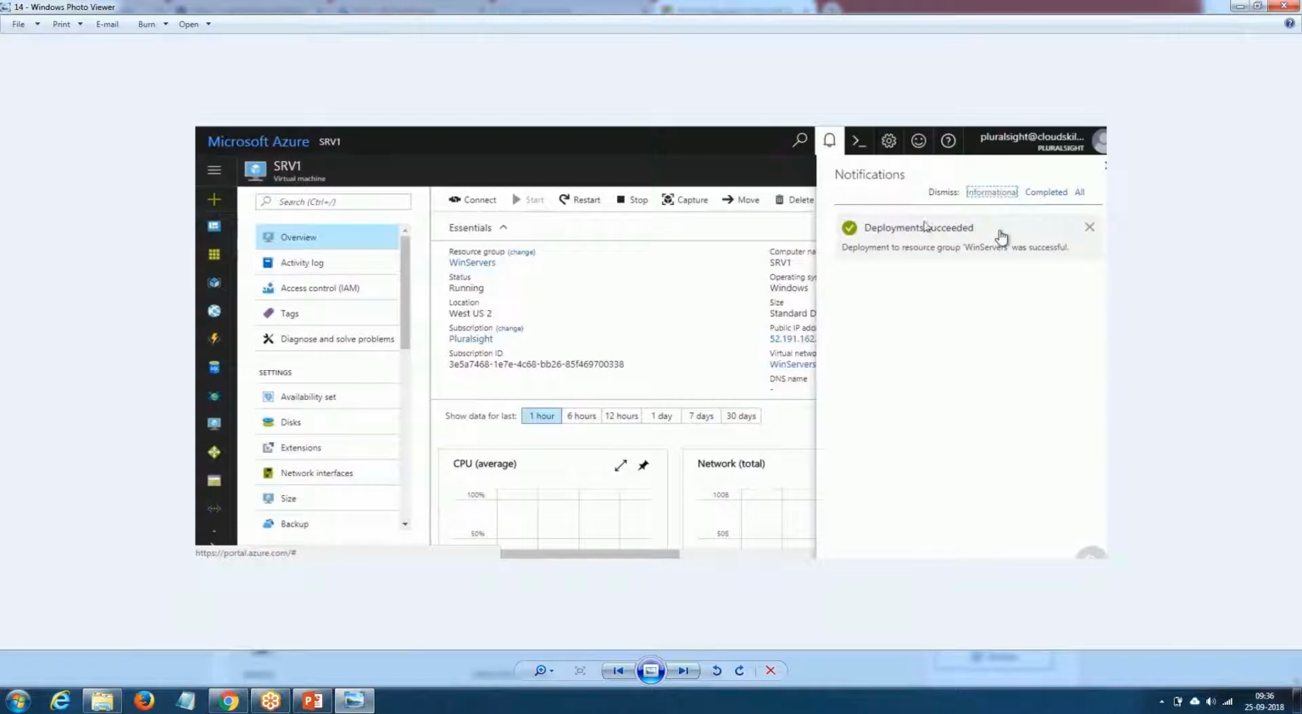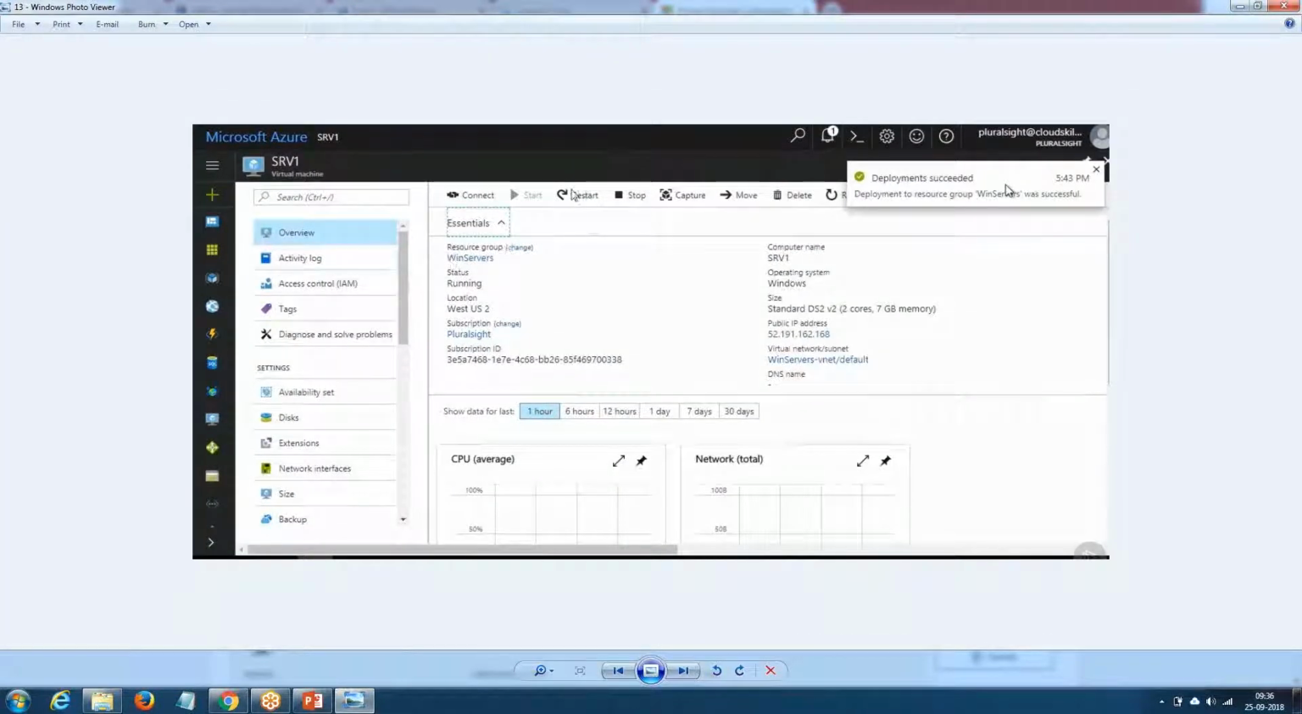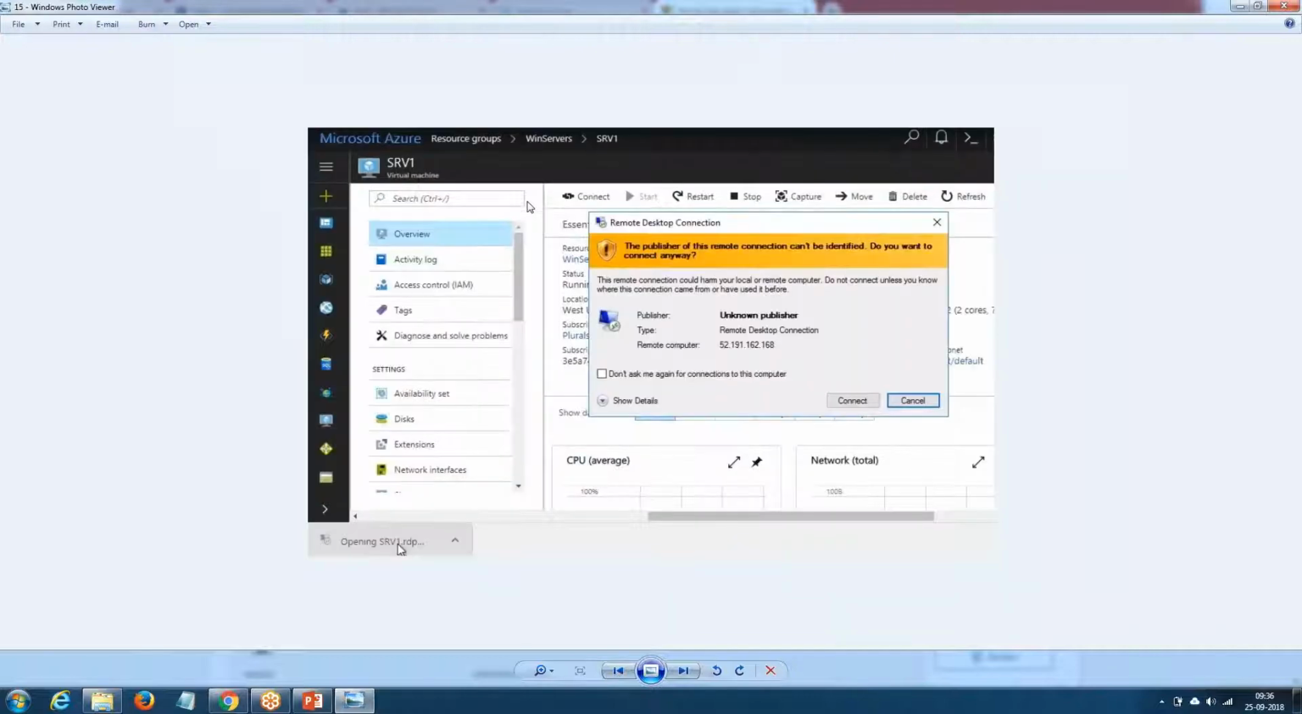Okay, so the deployment succeeded. Once you go into your virtual machine, you can see it is already running, so the start button is disabled. If you click on connect, you'll have this RDP file downloaded, and if you click on it,